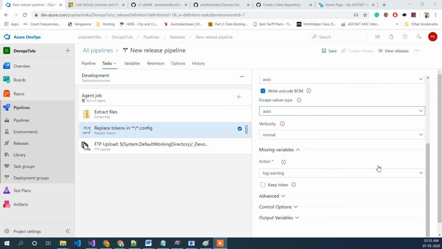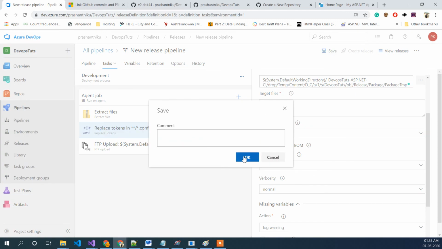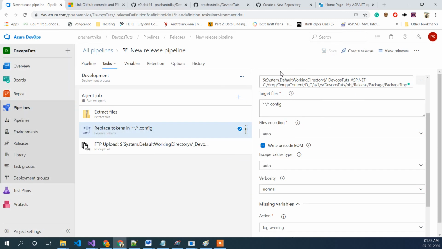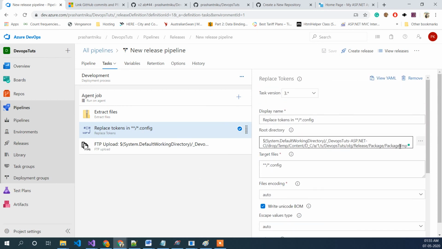So I think we are good to go. I will just save it. No need to add any comment on it. And I think that's pretty much the whole thing.